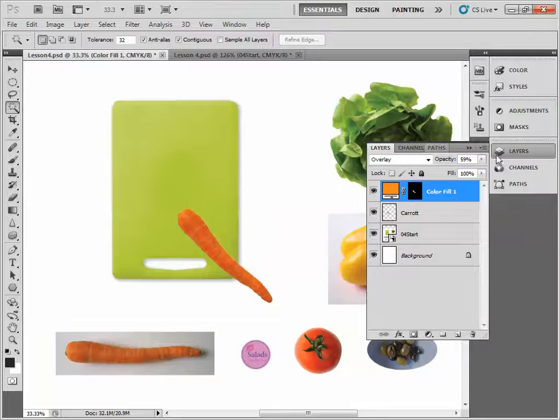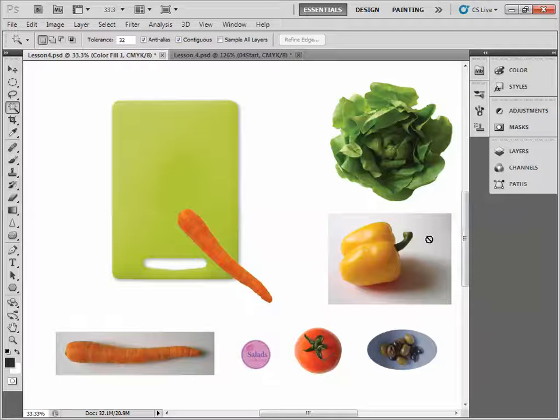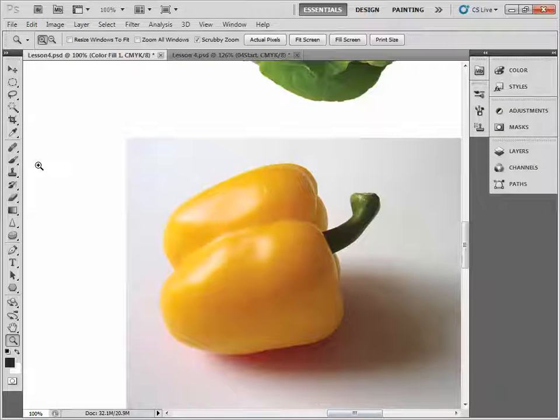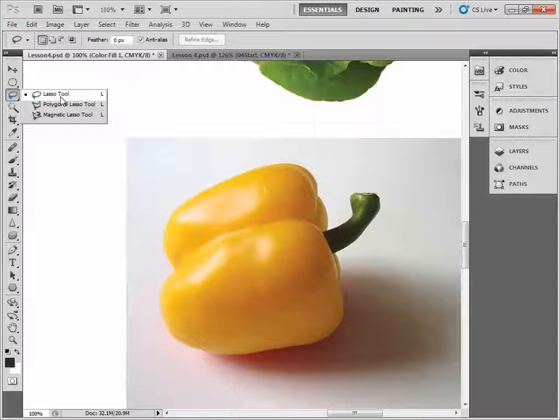Okay, so we're going to click on this to get rid of those things. We're going to zoom in on the pepper. And we're going to get started with the lasso tool. So we're going to go right here. There's different ones. So we're going to go to the lasso tool. And so it basically allows me to go freehand. If I hit Alt,